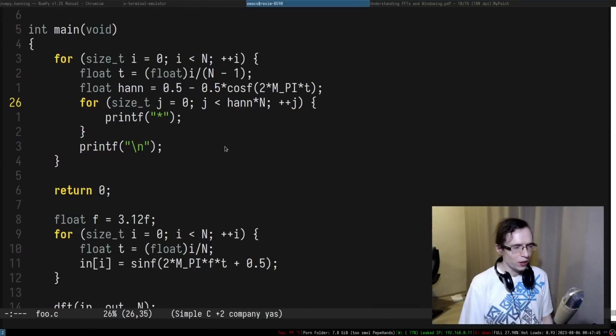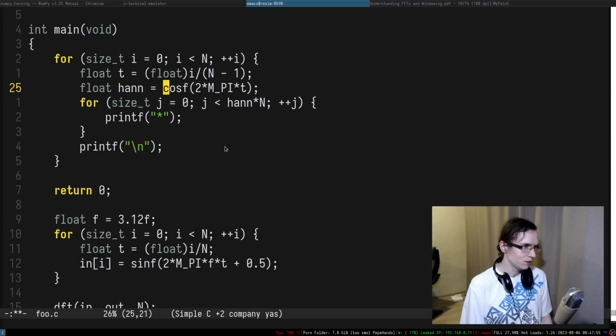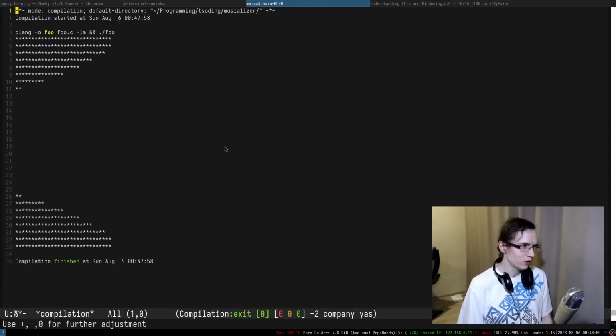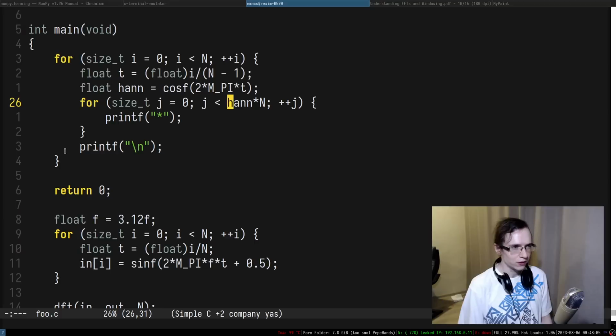So why do you have to do it like that? Essentially, if we just take cosine, it's not really going to work. First of all, you're not even going to have a negative part. So they effectively